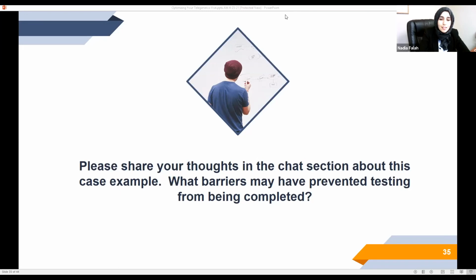That's true. That's very true. The test kit could have gotten lost in the mail. Some of them actually confirmed that they received it, but they did not complete the test. Contact the patient to learn why. Yeah, that's a very good, important point. Follow-ups, lack of access to a drop-off box or to a mailbox. That's a very important point,